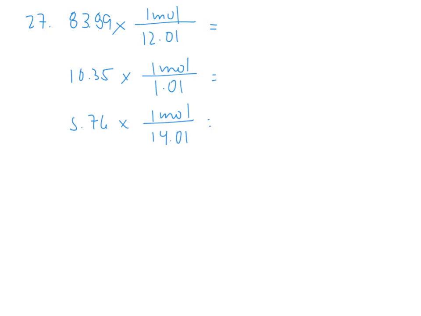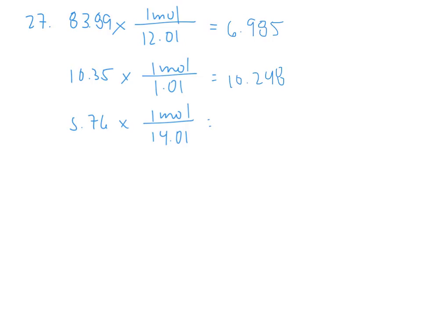So number 27, you're told a street drug has the following composition. It's given to you in percents, but remember, percent is really just the same as a 100-gram sample. So I can convert each of these to molar amounts. So I've got the carbon set up, and that converts to 6.985 moles of carbon. Hydrogen is going to be right around 10.248 moles of hydrogen. And then the